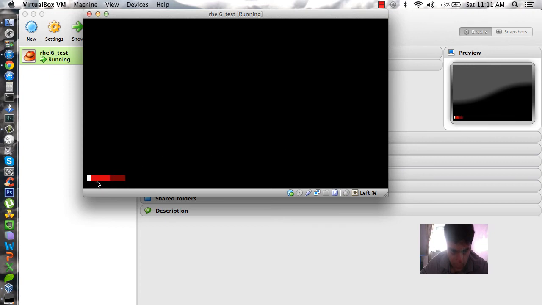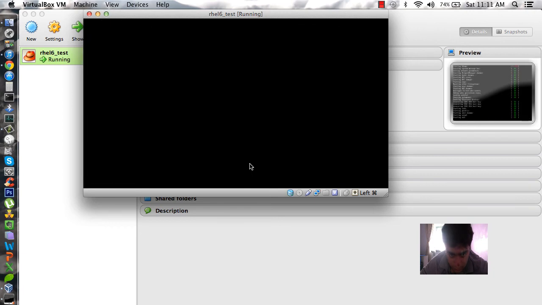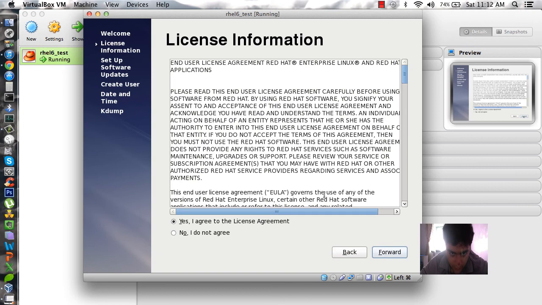And we can see that our system is loading up. Now we can see a post-install splash screen for Linux, so we'll need to click next.